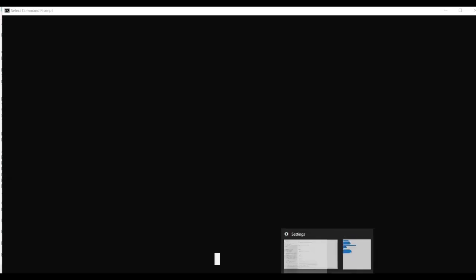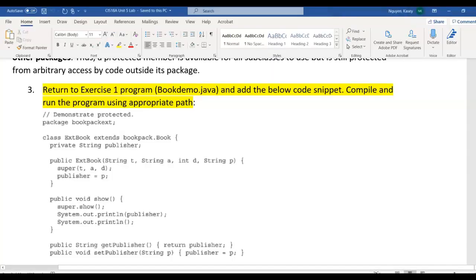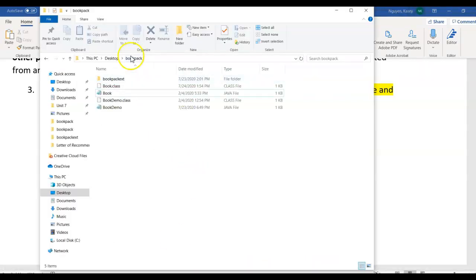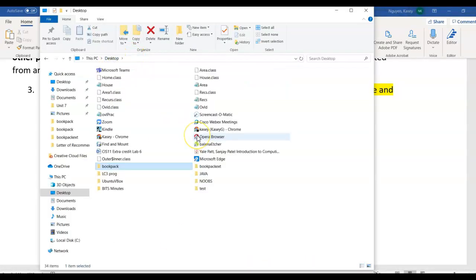In this video, I'm going to talk about CIS18A Lab 5 Exercise 3. In this exercise, we are to edit the Exercise 1 programs and to add an additional package. So to start, what we need to do is first, we need to create a folder for the new package